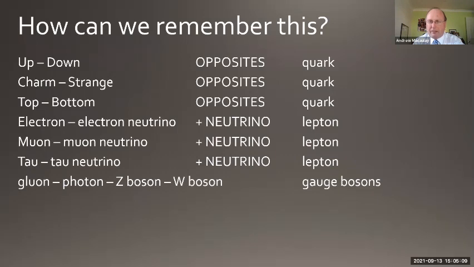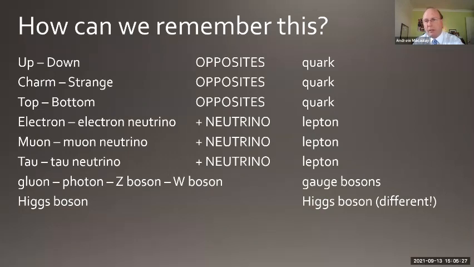And then on the last column, we have gluon, photon, and Z boson, and the other is a W boson. These are called gauge bosons, and notice they all end in ON. Then we have a Higgs boson, which is something totally different. At this stage, we will try to learn all those different names, and then we'll look at the scientific evidence that supports the standard model and the existence of these up-down, charm-strange, top-bottom, leptons, gauge bosons, and the Higgs boson.